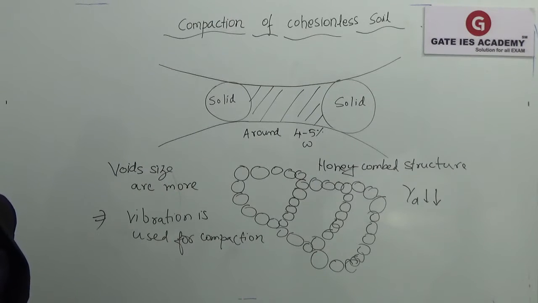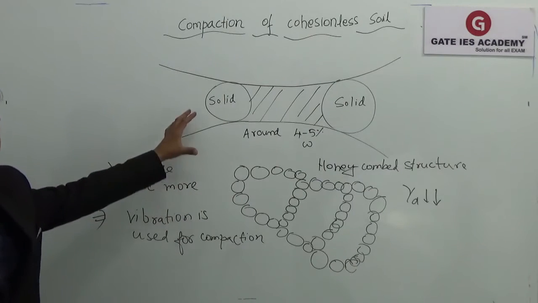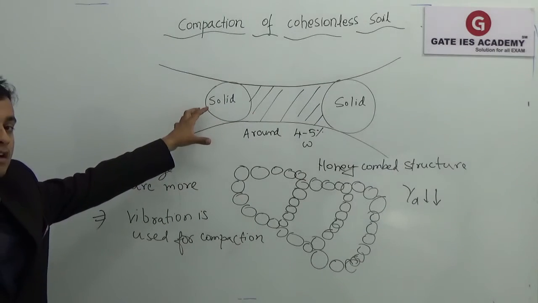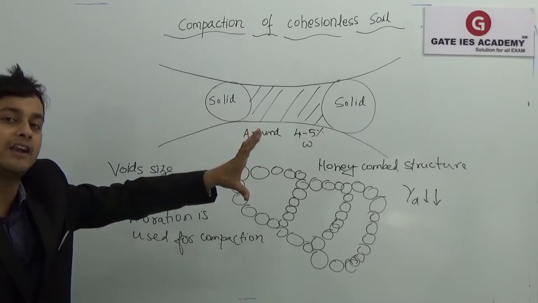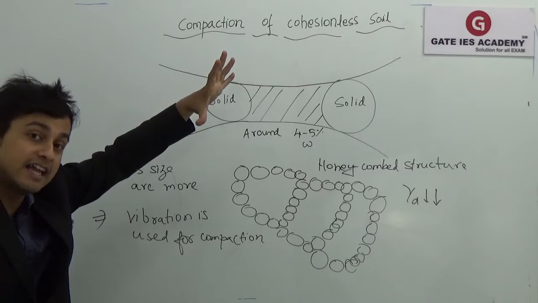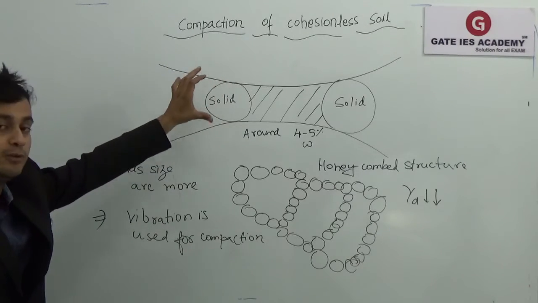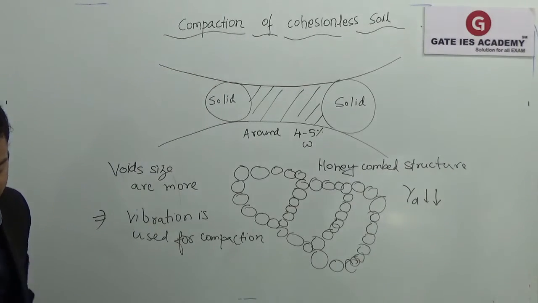Next, write down: the fine to medium sand. It should not be gravel as well. This is basically for cohesionless soils, but they should be fine to medium sand, not heavy sands, not large sands or gravel. Okay, it should be fine to medium sand. Write down: the fine to medium sand is generally compacted